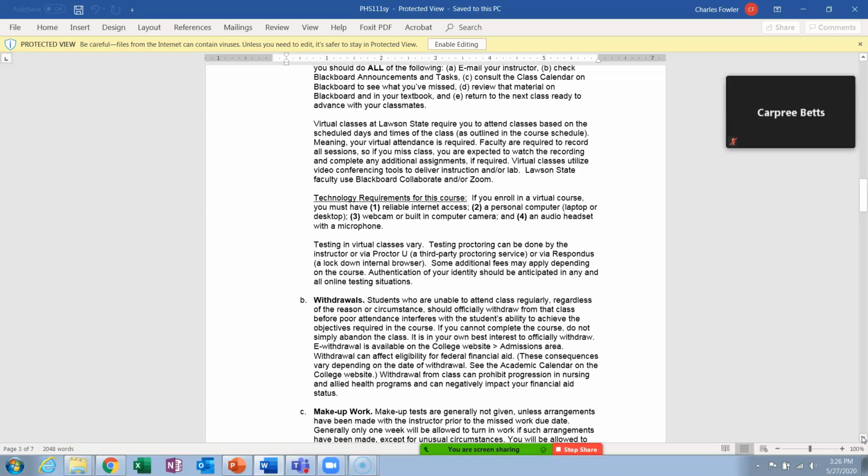So a D or an F is going to hurt your grade point average and it's not going to help your financial aid situation at all. We'll talk about this a little bit later too. So hang on to that thought. A withdrawal doesn't help your financial aid any, but it doesn't hurt your grade point average a bit. A W does not hurt your grade point average at all. So if you get way behind in the course and there's no chance you can pull out a C or better in the course, my advice to you is to withdraw.